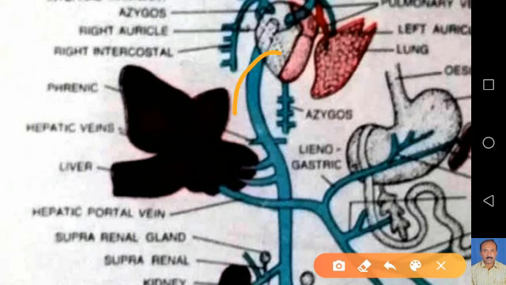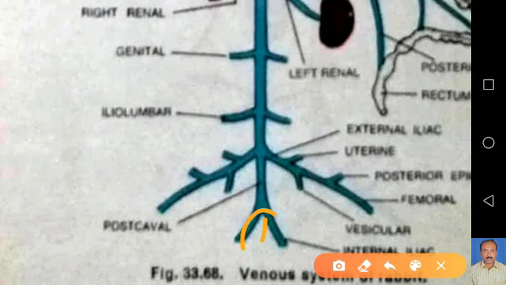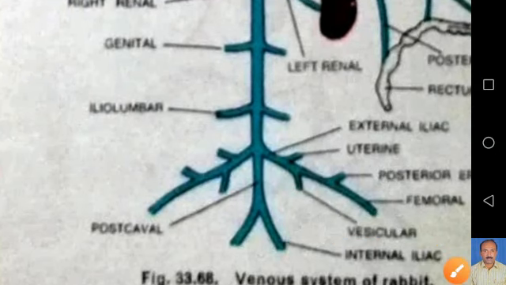Let us start from the posterior most part, that is caudal, that is tail region. Caudal vein, it is a slender vein collecting blood from the tail. It marks the beginning of the postcaval. Actually, the figure is not shown here. Actually it should be here, the caudal vein. Then internal iliac veins. These are the internal iliac veins. These internal iliac veins are small veins collecting blood from the inner portions of the thighs.